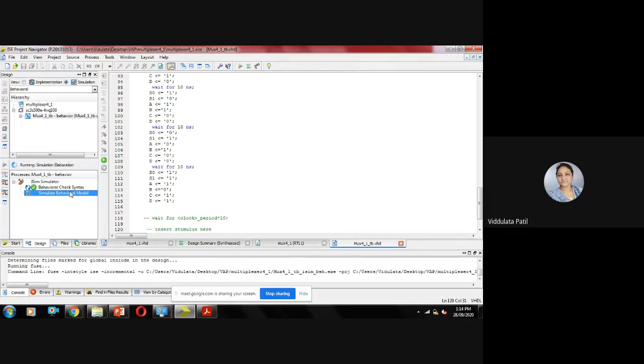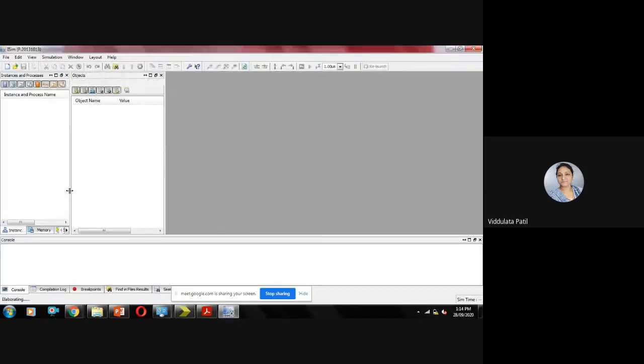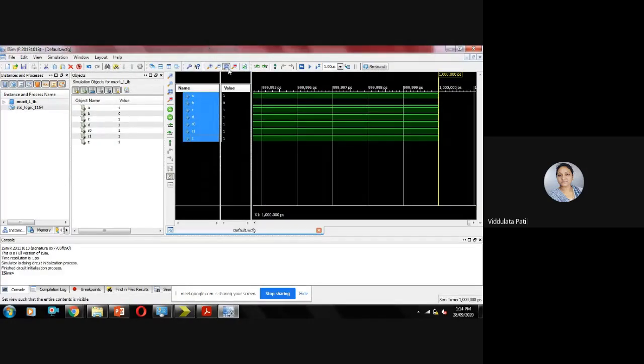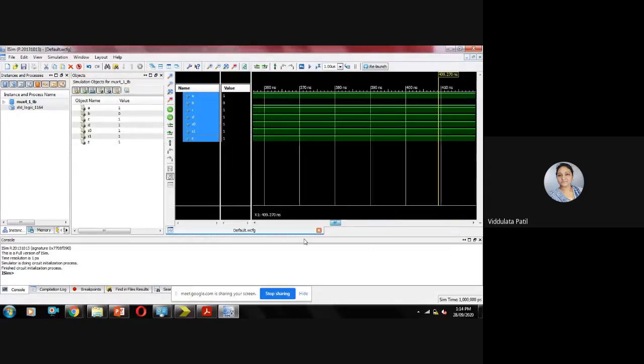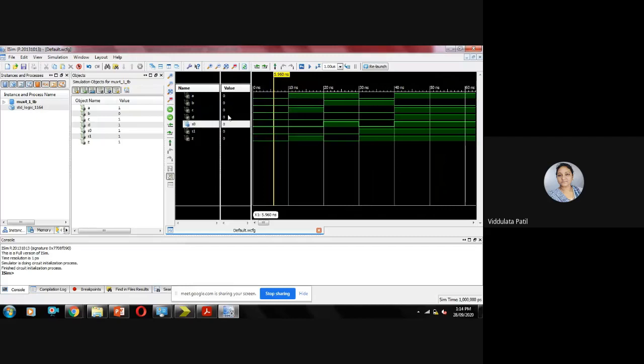Now let us simulate the behavioral model. Okay, so initially all the values are 0, so Z is also 0.